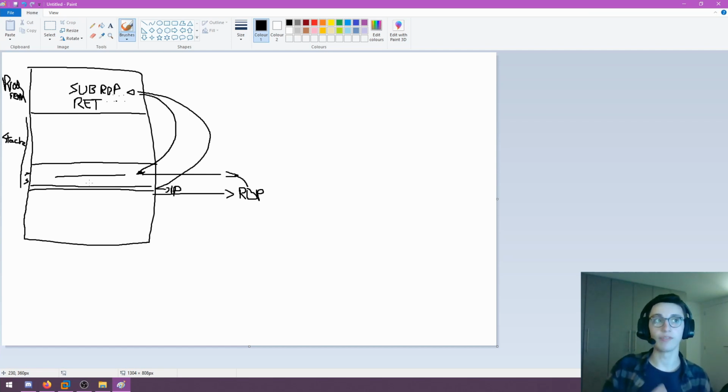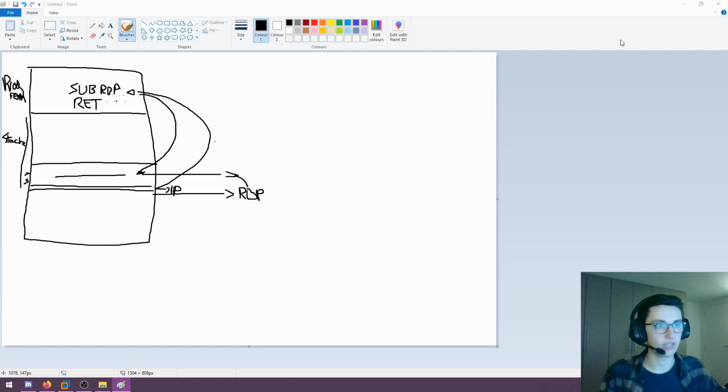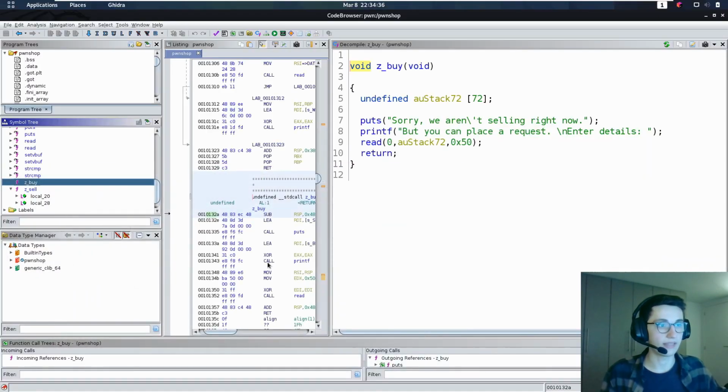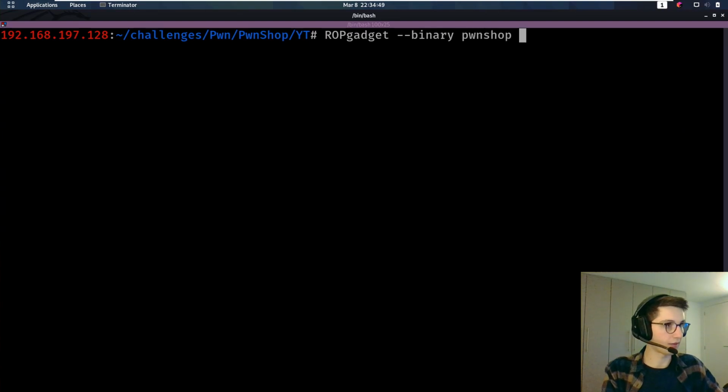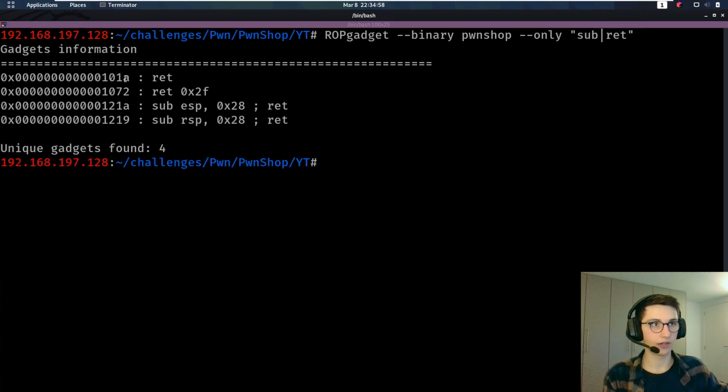First of all, we need to find that gadget that's going to allow us to modify RBP and return afterwards, so that we can actually do that. So let's try to get that to happen. So how are we going to find gadgets? Well, let's use ROPgadget. For that, --binary to specify the binary PwnShop, and then we'll do --only, and I only want to find gadgets that have sub and ret. Let's see. Okay, so we have